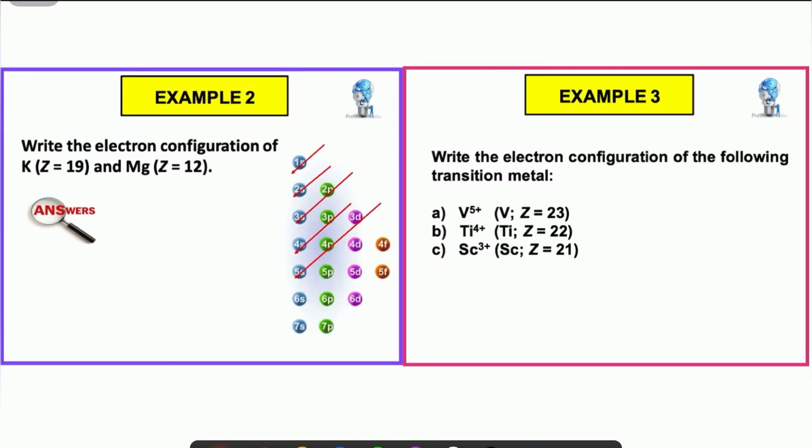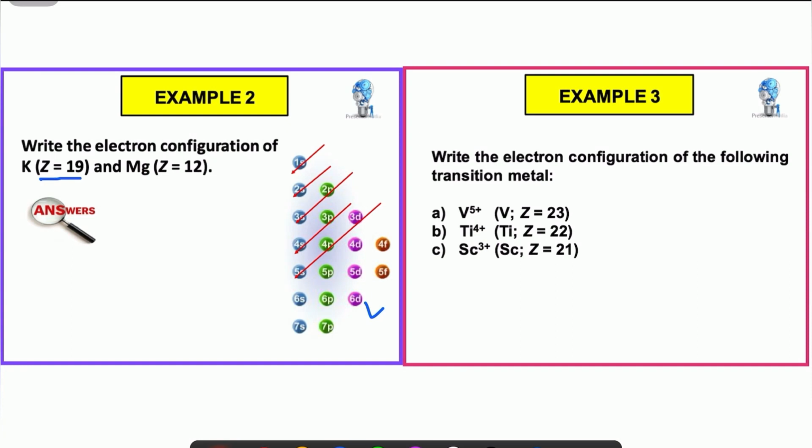Okay, let's see example 2. Write the electronic configuration for the potassium and magnesium. I show you for the potassium. It gives you the proton number 19. It shows that the potassium has 19 electrons. So by using this diagram, the electronic configuration for the potassium is